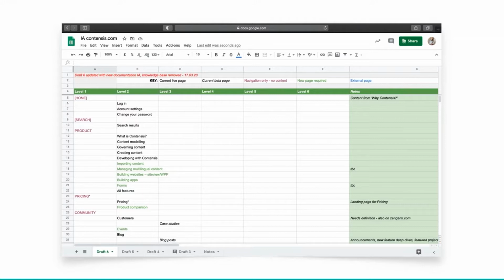So you can see there are various different drafts. As we made amends, we kept a record of each one. And